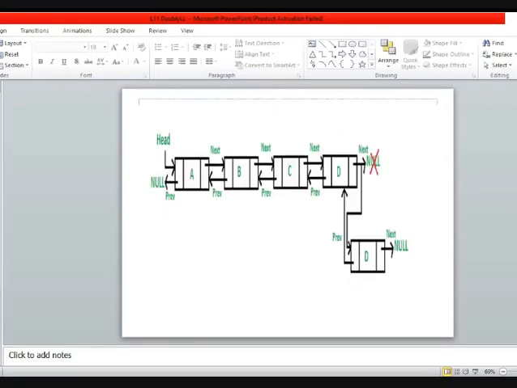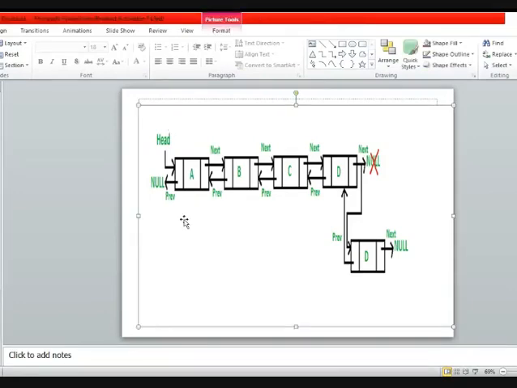It will be similar to the insertion at the beginning, but here you need to maintain the last pointer of the list. Okay, class. I want to tell you one very important thing, and you should note that thing and be clear about it.